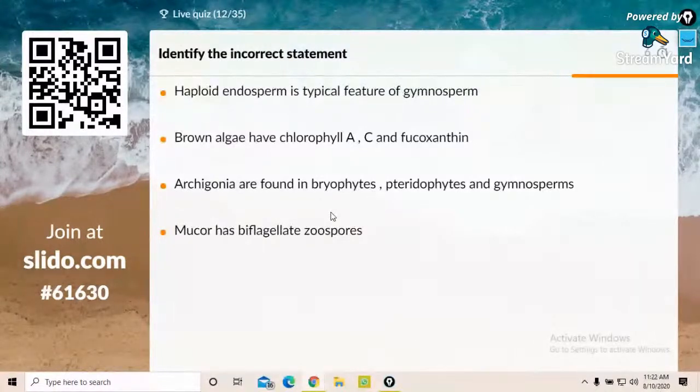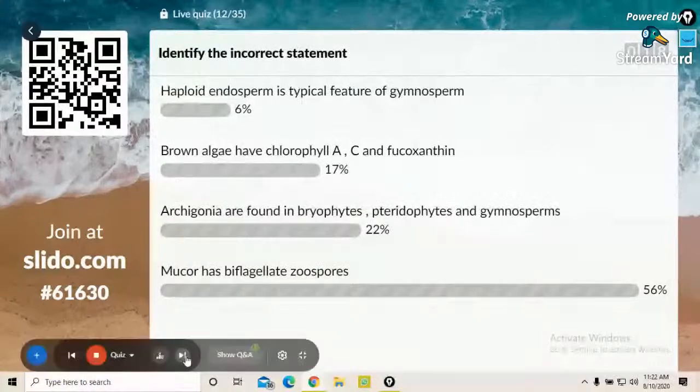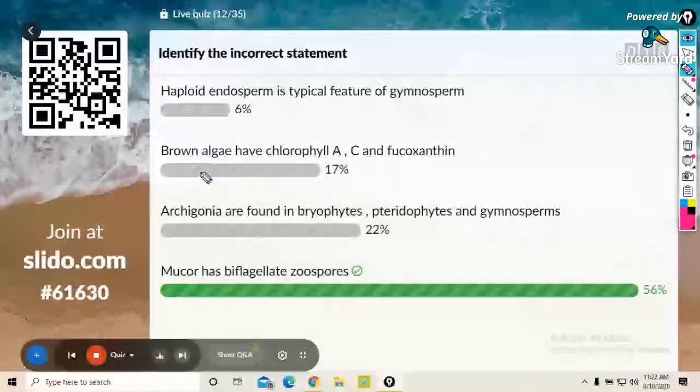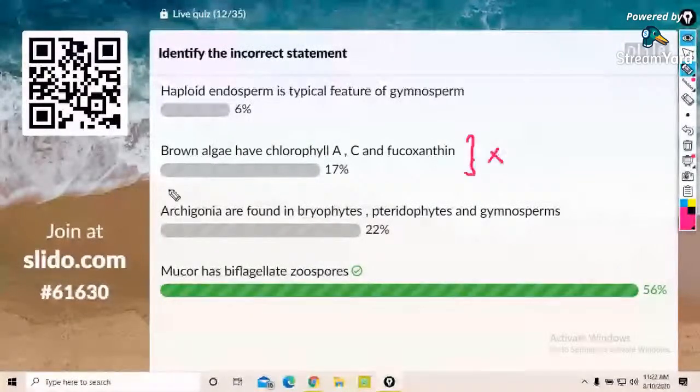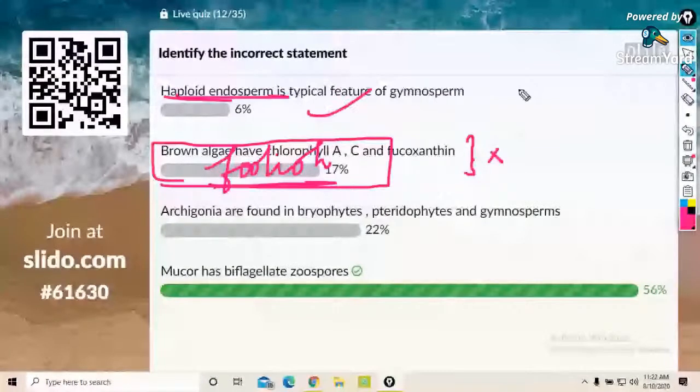Yes. The majority answer for the question. Yes, the correct answer is option D. Go take the chapter Plant Kingdom, read the portion, you will get the answer. Foolish answer, okay? I cannot have anything to say. Haploid endosperm is a typical feature of